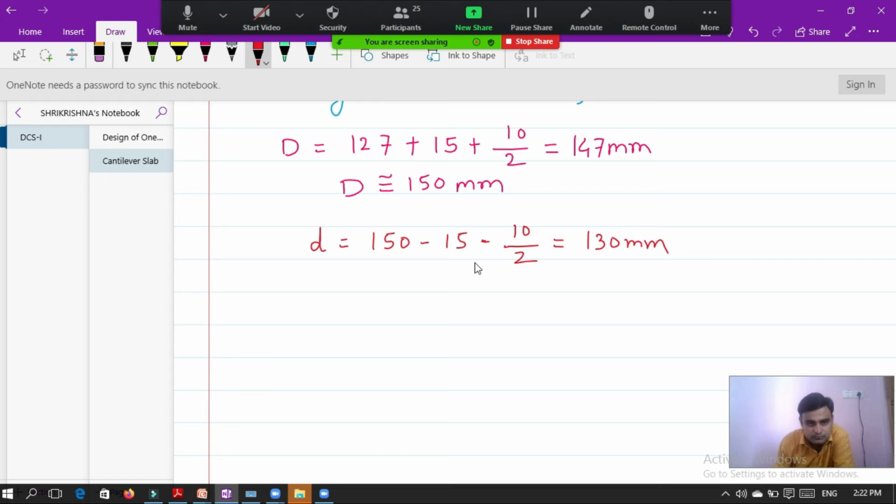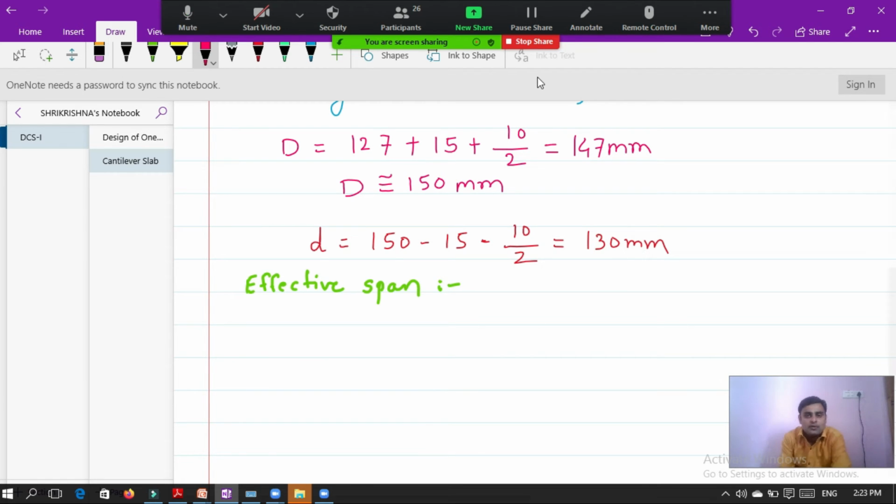Okay. So now once we got the depth, the next step is you need to calculate the effective span. You can calculate this effective span from the IS code. It is given in clause number 22.2 C, page number 34, 35.